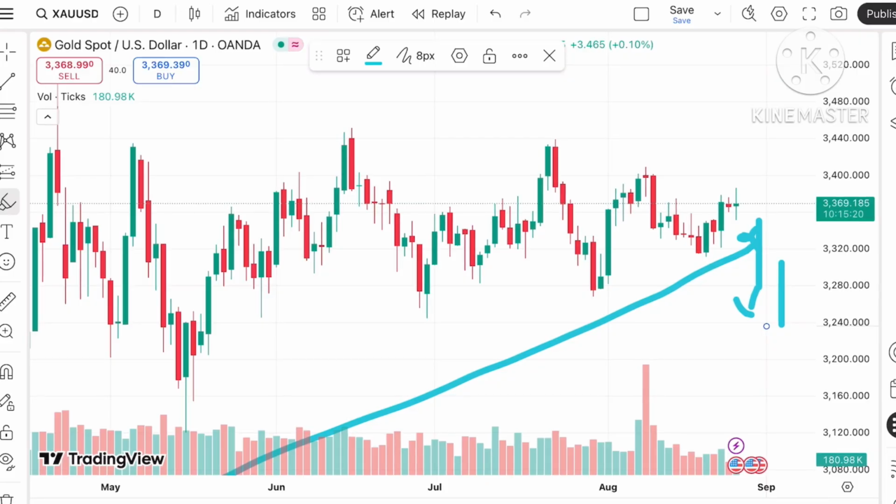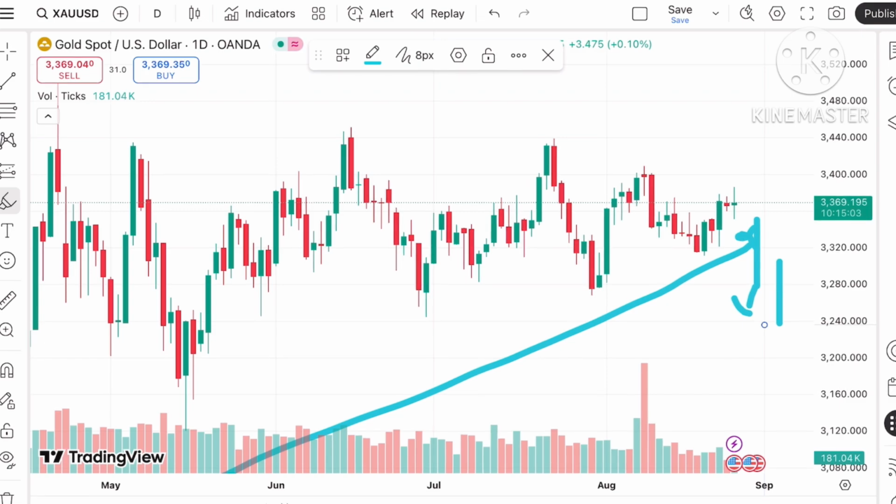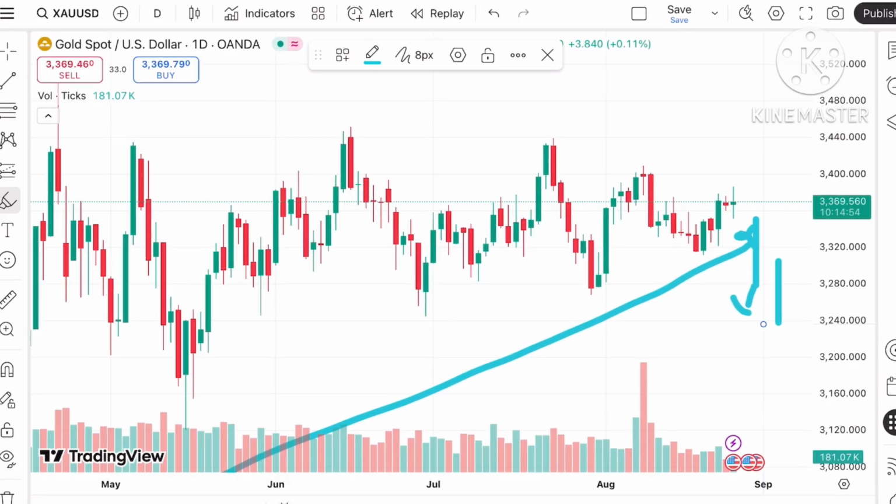As I've already explained, there are a lot of factors that decide the price of gold. One of the factors is the dollar index, and there are three events coming tomorrow. On August 26th, which is today, the consumer price index has already passed. And if you look at the FOMC speech, Michael Bowman's speech will also be there, so we can see a medium to high movement.